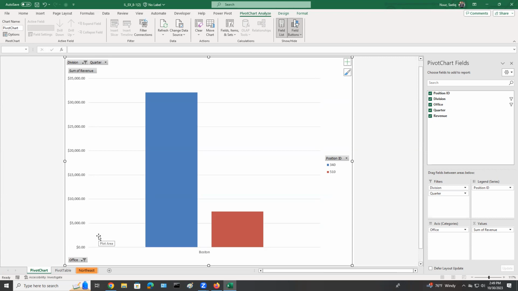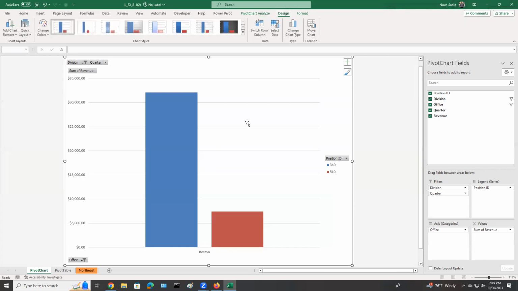Now let's click on design. Now we have to change the quick layout. So if you look here under the chart layout, after you clicked the design,